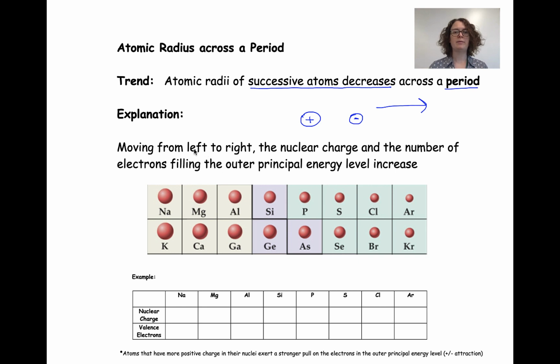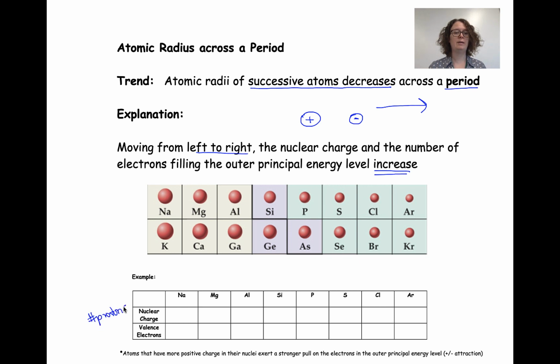So if we're moving from left to right on the periodic table, the nuclear charge on an atom and the number of electrons increase as we go across the periodic table. And what that means is that as we increase our number of protons, the size of our charge in our nucleus gets bigger. So it's going to have a much greater pull or attraction to the electrons that are in the valence shells. So if we look at the nuclear charge for sodium, and remember the nuclear charge is just the number of protons